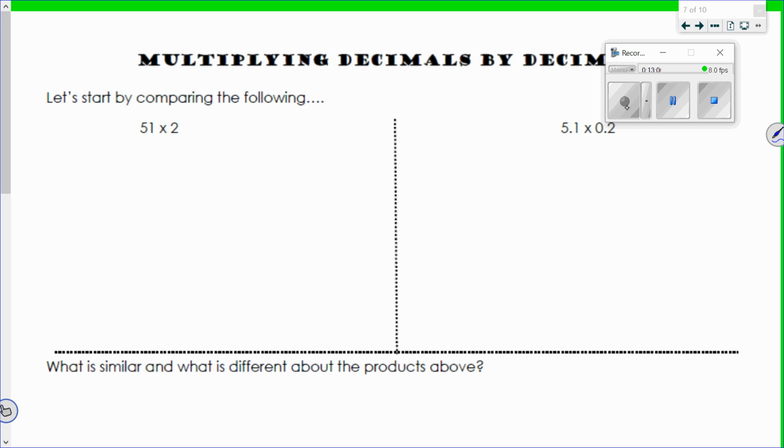Okay, first thing we're going to do is multiply these two numbers. So 51 times 2, all I need to do, 51 times 2. 2 times 1 is 2. 2 times 5 is 10, 102, right? Okay? What do I do if I multiply 5 and 1/10 times